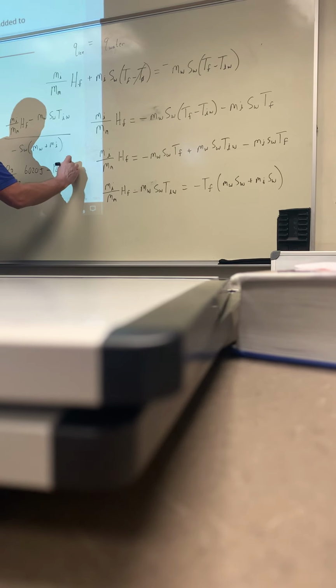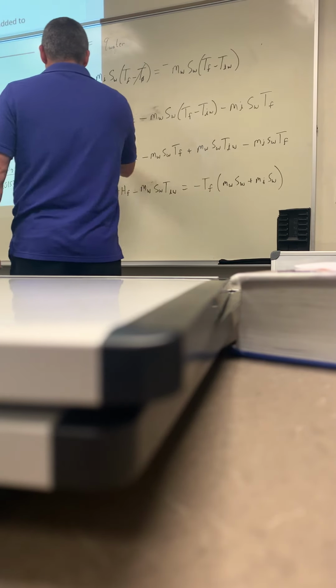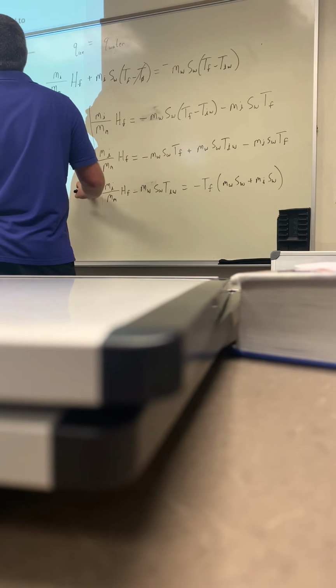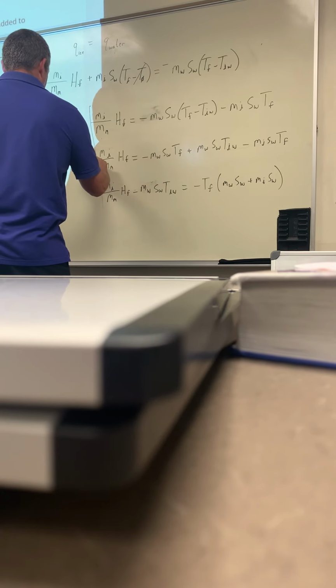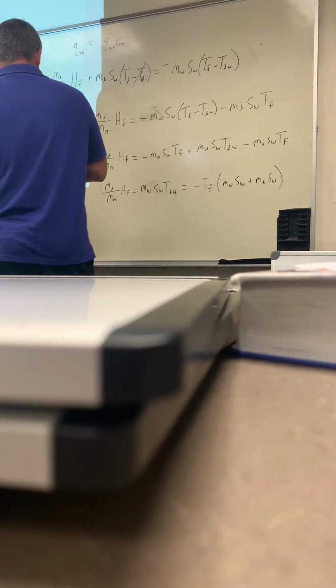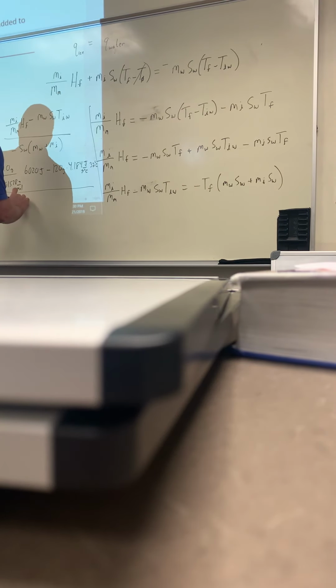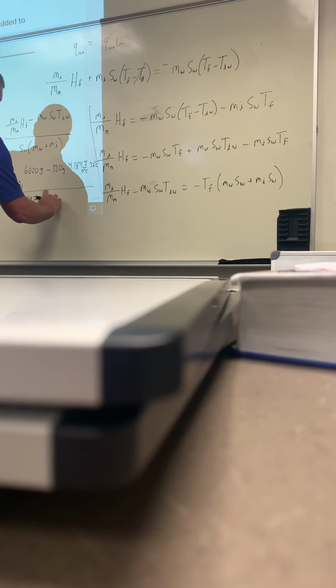Specific heat of water is 4.184 joules per gram degree C, times temperature initial of the water, which was 32 degrees Celsius. And I'm going to divide that by negative 4.184 joules per gram degree C, 120 grams plus